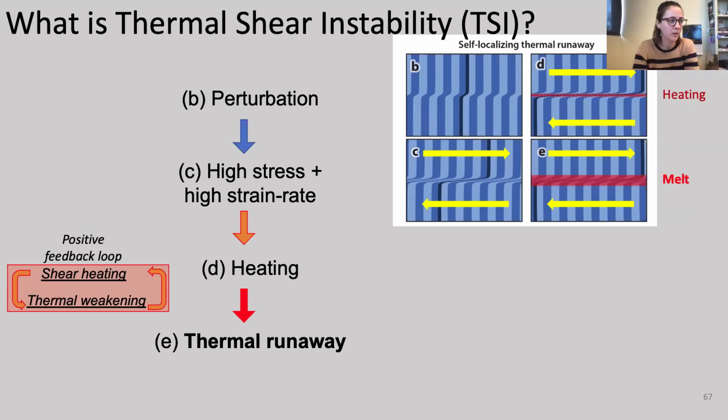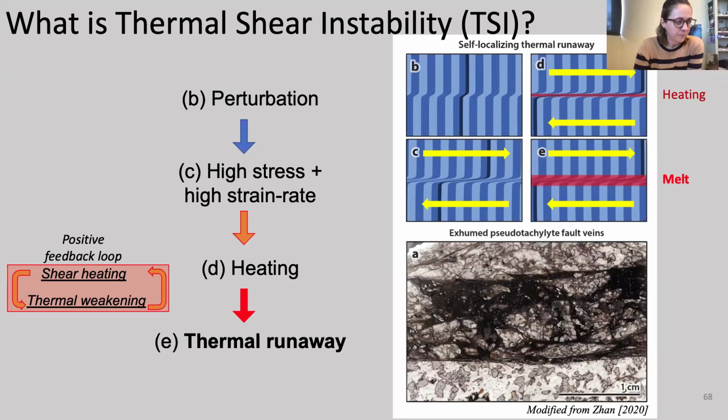earthquake would occur. Our field evidence for that comes from exhumed pseudotachylite veins, so quenched glass that would have been this melt that occurred in the fault zone. And the evidence for it for deep earthquakes is from finding these pseudotachylites within ductile fabrics. So this one shown here was a pseudotachylite found surrounded by mylonites. So evidence that we're in a more ductilely deforming region, not brittle, but then we're getting this melt to occur